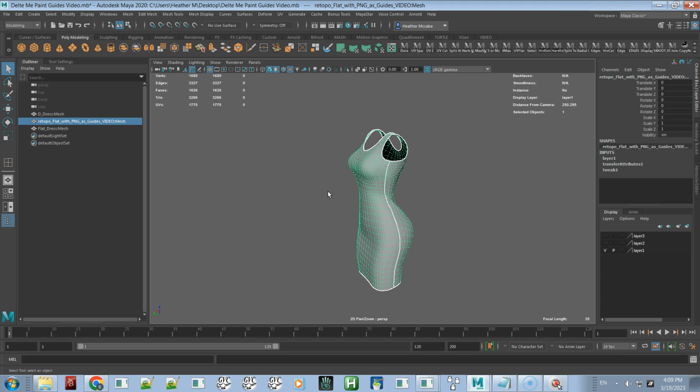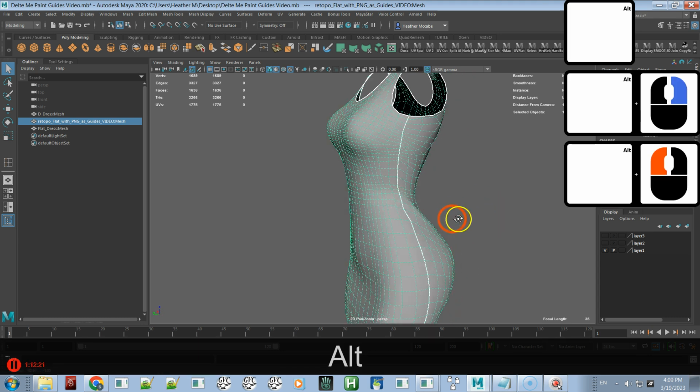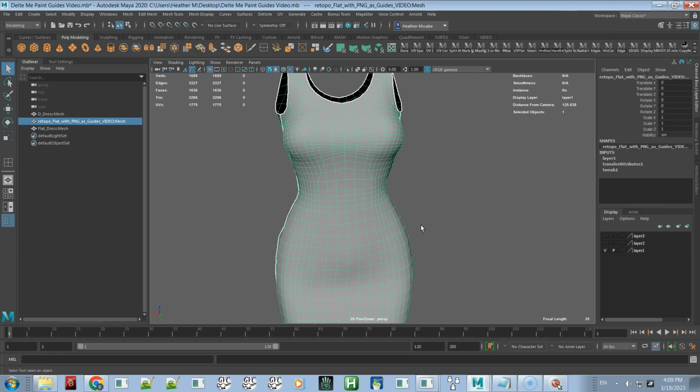Yes, you could probably export each ruffle as a 3D object separately and retopologize them separately, but retopologizing on the flat and knowing the quad count where they all sew together, making sure that they match,